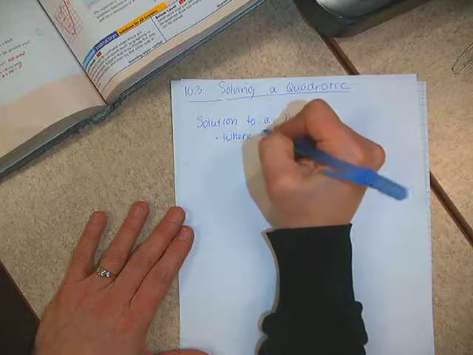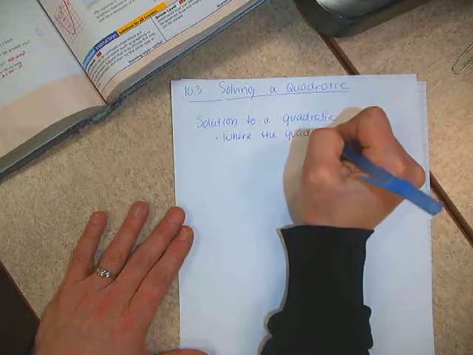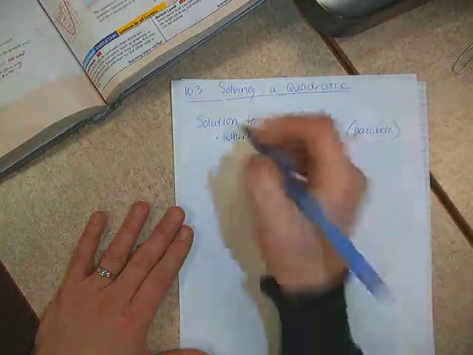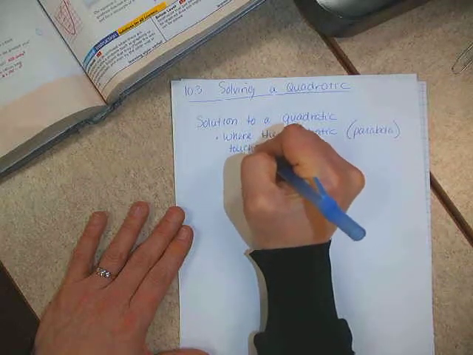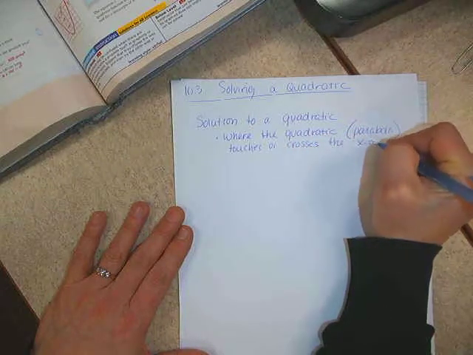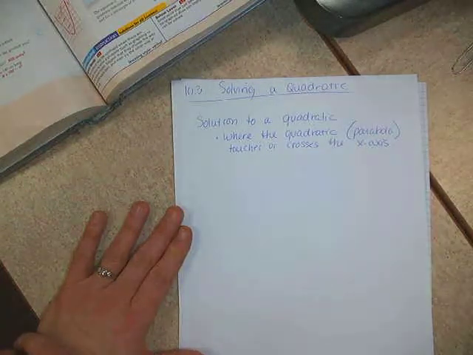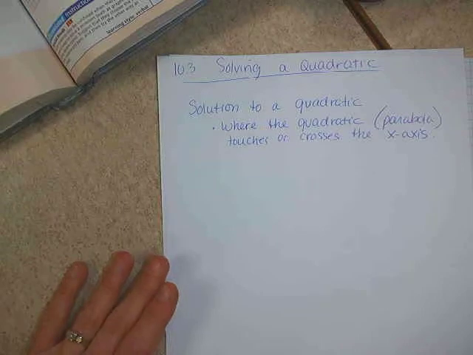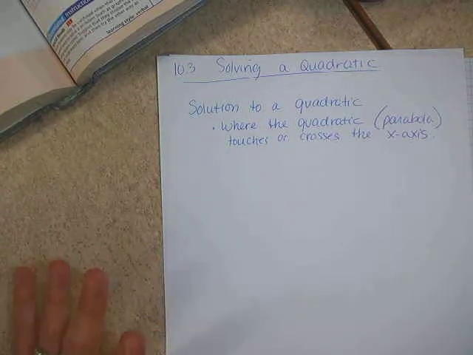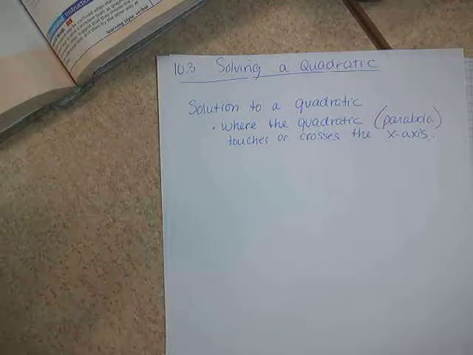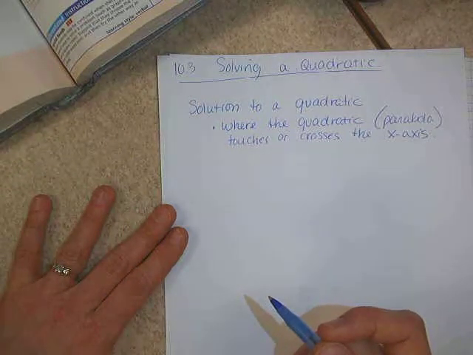So first thing I'm going to have you write down is a solution to a quadratic is where the quadratic or the parabola touches or crosses the x-axis. Okay, it's where it touches or crosses the x-axis. So we have three options, and this will happen regardless of the method that we're using. Okay, we'll get into those three options in a second, but